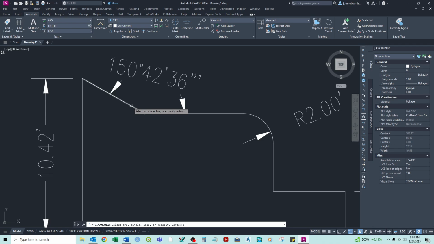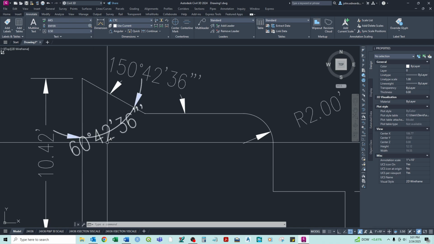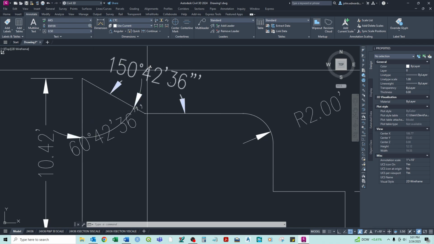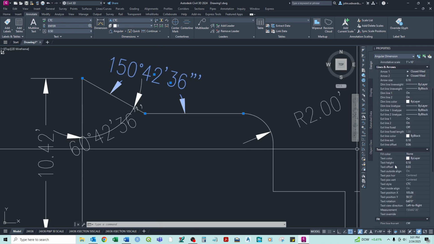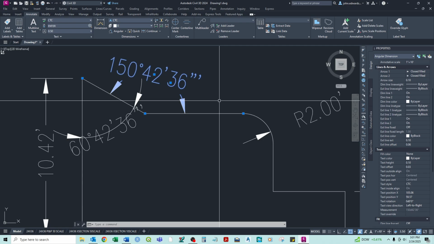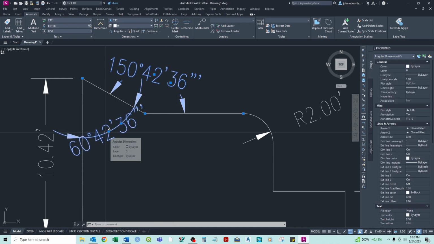So if it's 2 lines, you click the first line and then the second line. So we could actually come in here and do this one. Now obviously these look really crappy right now, and we would want to go in and adjust all the settings based on that. But this is just kind of a quick overview of how to do angular